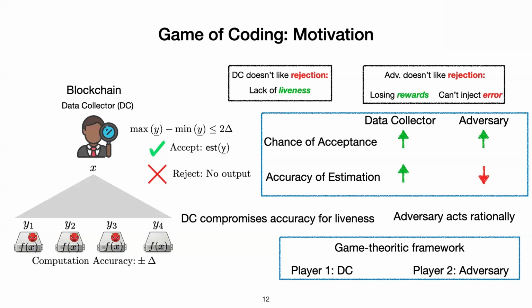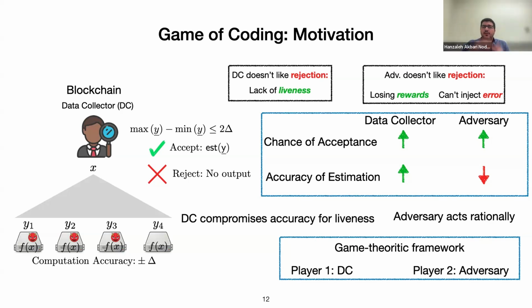Can I ask a question? Yep. So is the assumption here that the hierarchy of preferences for the adversary is like, in the ideal case, it injects error and the output is live, and then the worst case is that nothing happens, or is the worst case that it's live and accurate? Which one of these is higher preference, I guess, for the adversary?